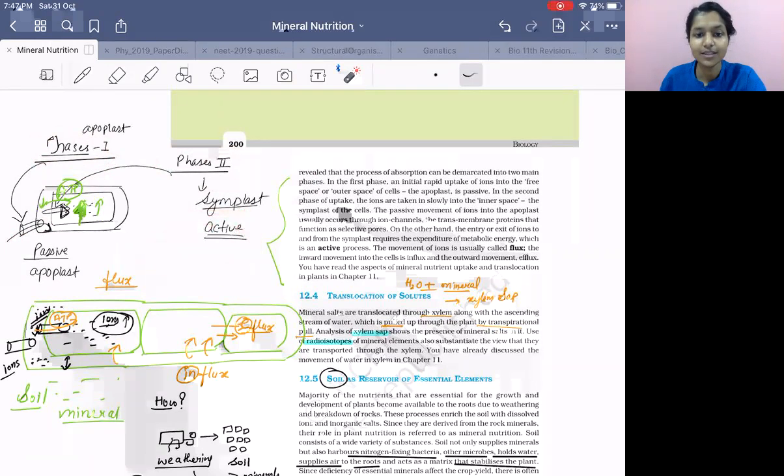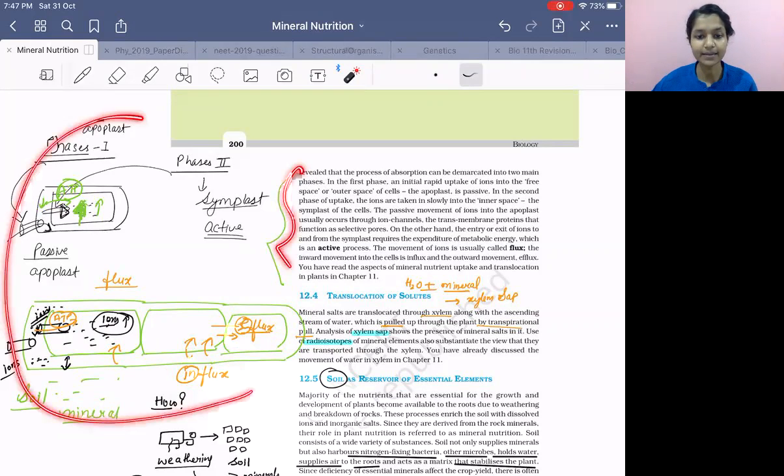In all, the movement of ion, what do you call movement of ion? Flux, right? Flux. When there is inward movement of ion, you call it influx. When there is outward movement from the cell, you call it efflux. Is it clear? I have taught this already, but since I am taking you through NCERT lines and lines, that's why I am just telling you this again.